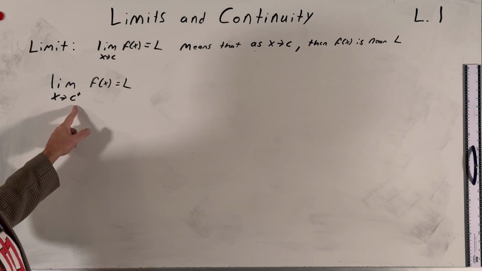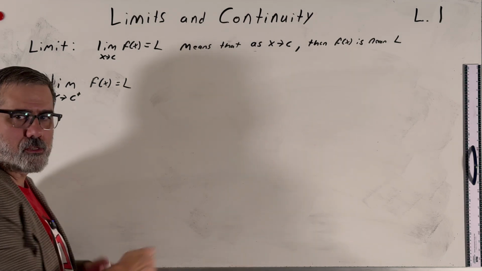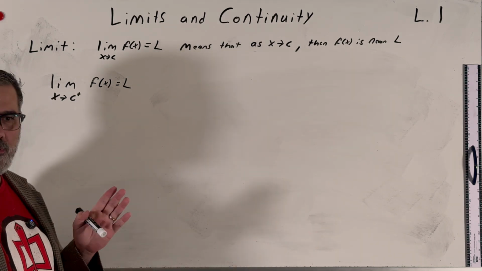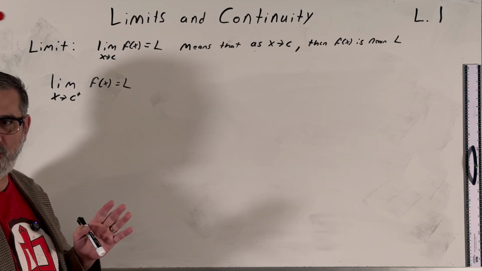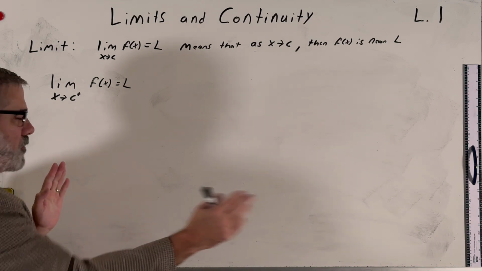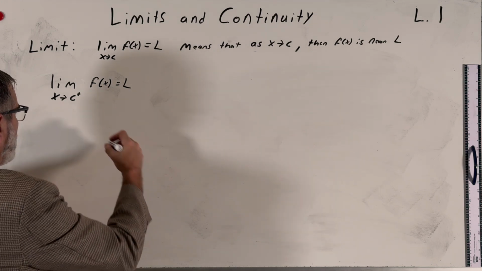This is called the right-hand limit. Basically we're approaching c from the right. So if c is, say, 3, we might be at 4, and then 3.5, and then 3.25, and so on and so forth, getting closer to 3, but from the right-hand side, the positive direction, you see? This is a right-hand